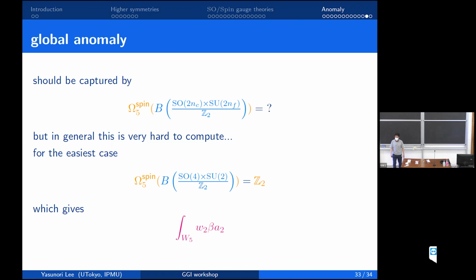Sorry, I didn't quite get your question. So you have an SO gauge theory with SU flavor symmetry, right? You can ungauge the SO gauge group, right? The gauging procedure does not affect the form of anomaly itself, right? I'm just saying that usually when you talk about an interacting quantum field theory as a black box, there is a global symmetry, and usually you talk about the 't Hooft anomaly for the global symmetry. But here you are putting together the gauge symmetry, so the gauge anomaly and the flavor anomaly.